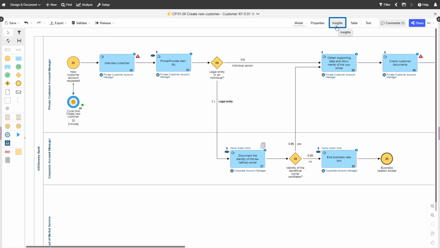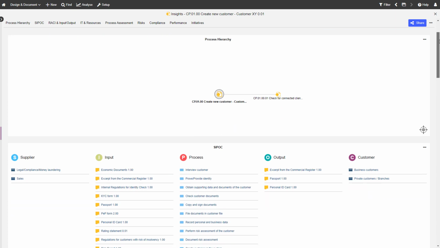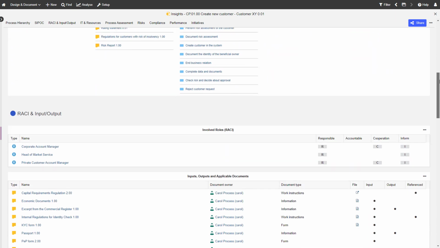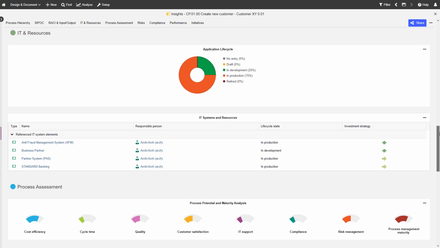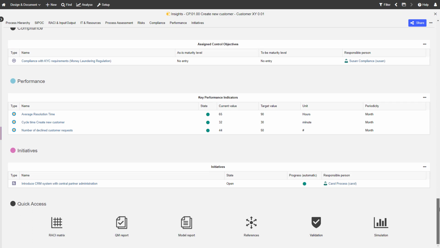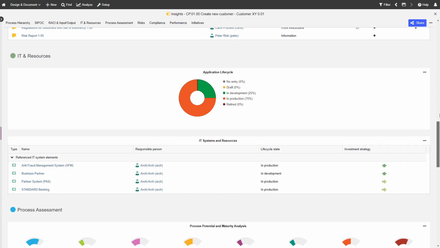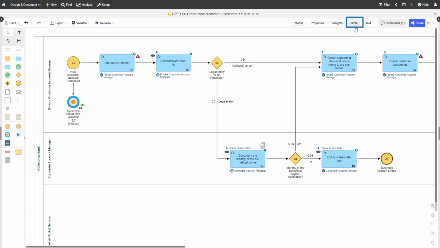Go to Insights to analyze your model in more detail. Click Table to open the tabular editor.